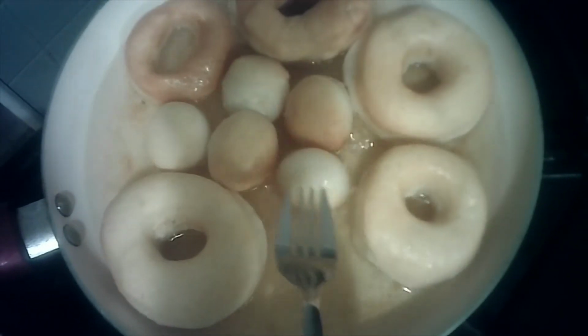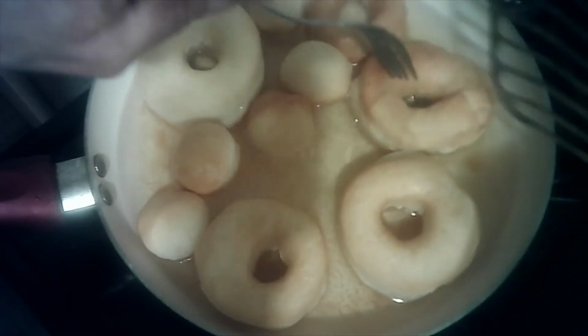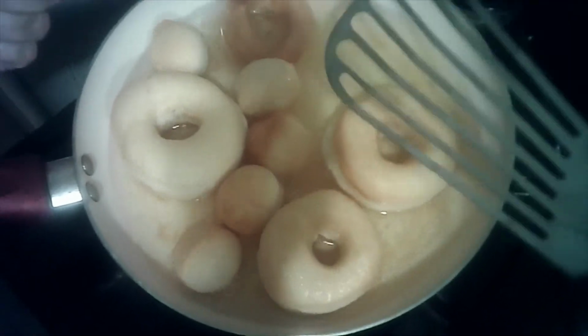And with your balls, your middles, you're going to have a little bit of a fight because you've got an air pocket, and that's why that side doesn't like to cook too much. So you're going to have a little fight with them, but if you do it right, you can get that to stay down in the grease as well. And when they get good and golden, which they will on both sides,